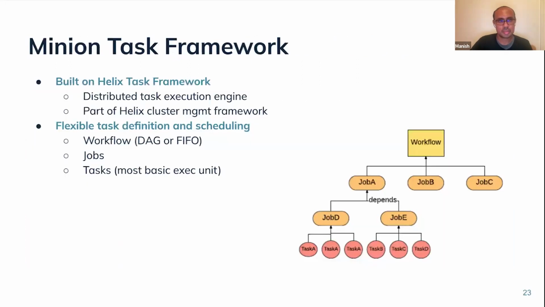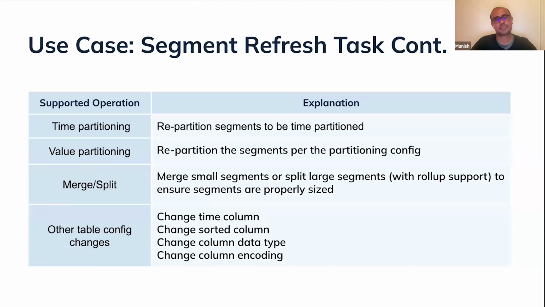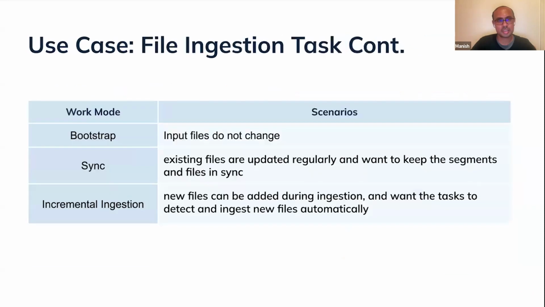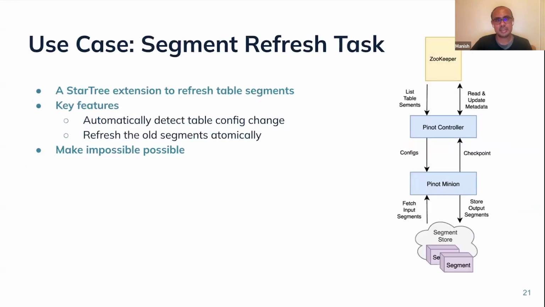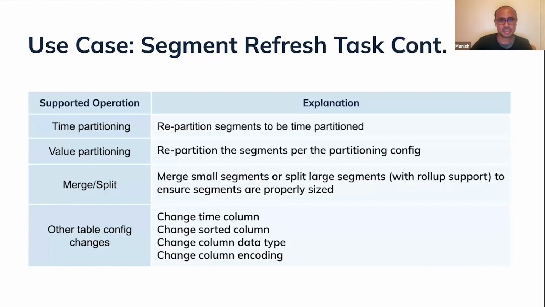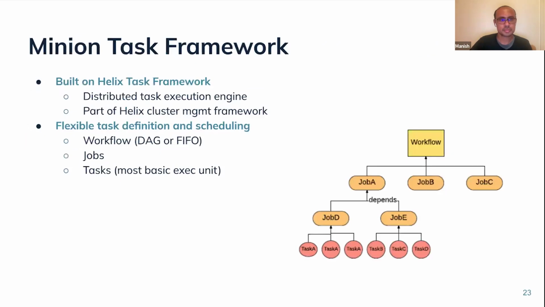So these two examples were meant to demonstrate the capabilities you have with a Minion. If you look at it, both are really compute and IO heavy: you're creating segments, reading, and computing. So these are actually done outside, in the Minion machines, and they don't impact the production traffic. All the heavy duty work happens in the Minion, which we'll see in a bit how it happens. So that's about the refresh use case.